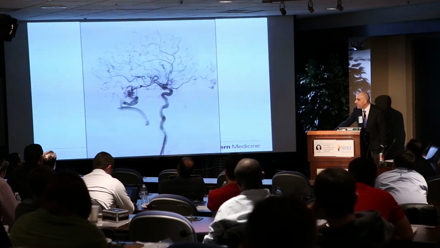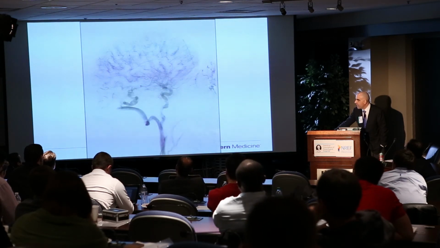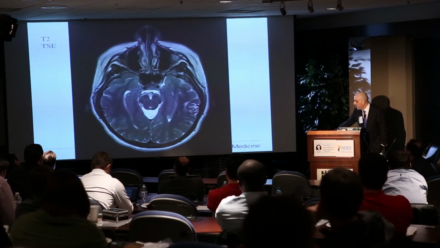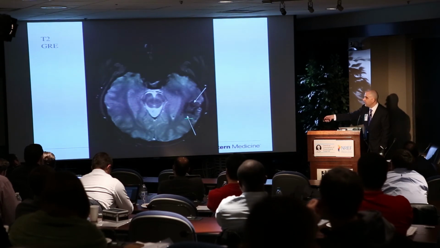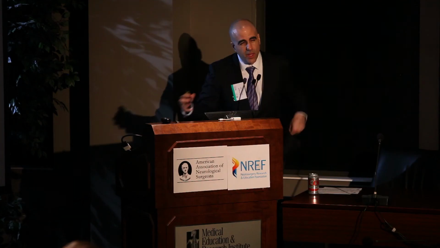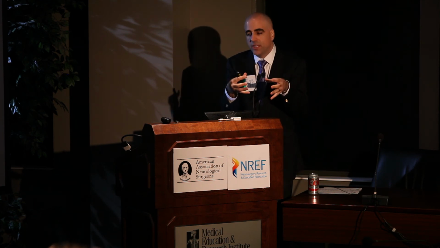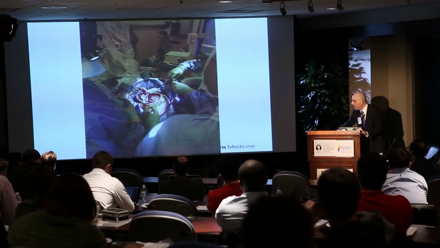So it's not a very big AVM, but it's in somewhat of an eloquent area with severe seizures despite medical management. And you look here on the T2, and what you'll see is a lot of GRE signal around the AVM. So if we're going to resect this, it's not just about the AVM, it's also about this GRE iron-laden tissue around the AVM. So we thought we'd do this awake.